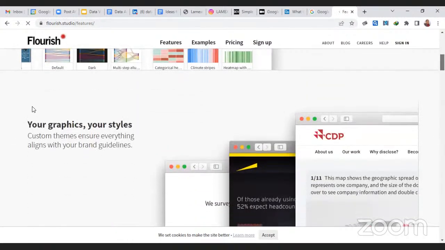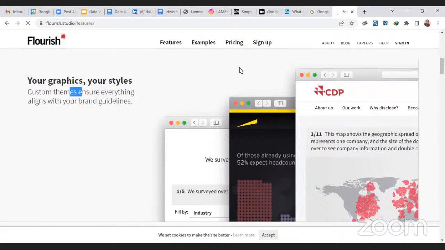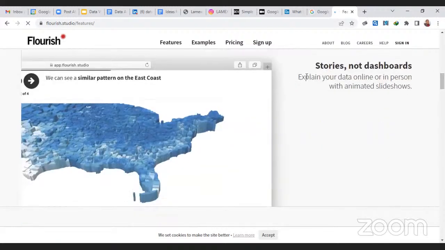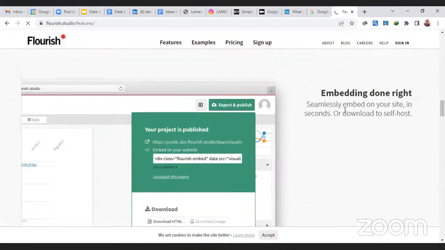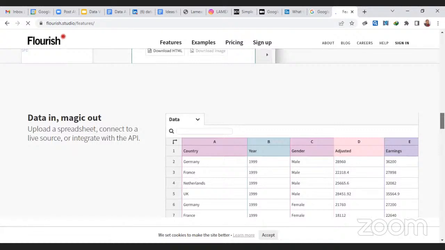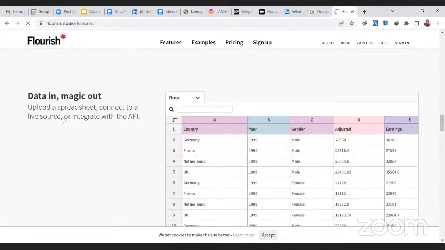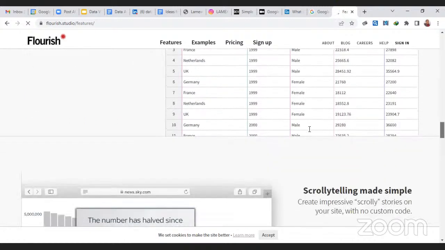Starting with visualizations: your graphics, your style, custom themes, ensuring everything aligns with your brand guidelines, especially the colors. You can create stories, not dashboards, and explain your data online or in person with animated slideshows. Then it's responsive for all devices. You can seamlessly embed on your site in seconds or download to self-host. Then in your upload spreadsheet, you can connect to a live source or integrate with an API. Then of course, storytelling